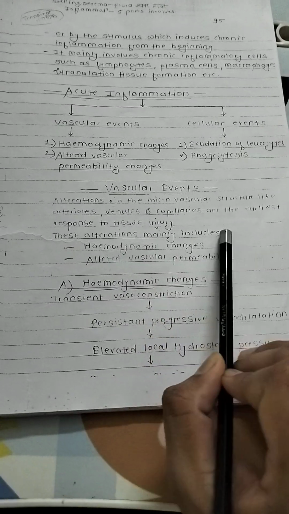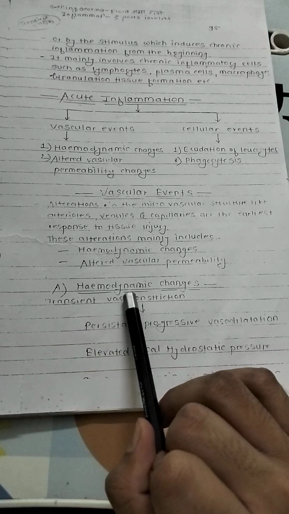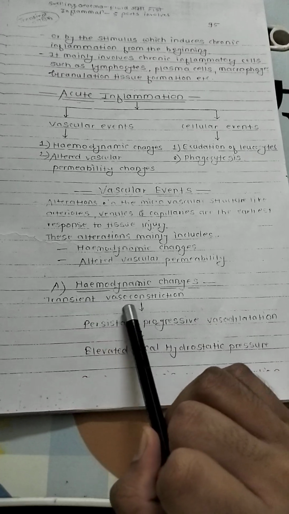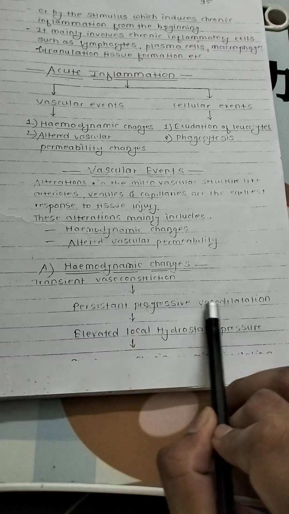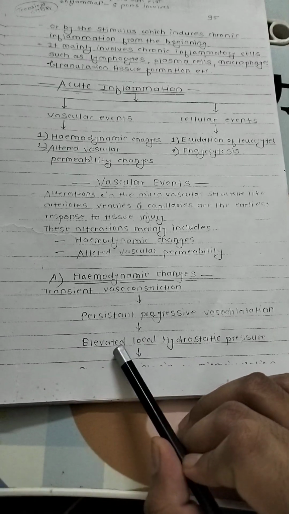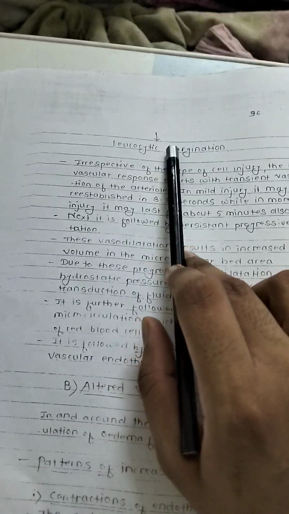These alterations mainly include hemodynamic changes: transient vasoconstriction, persistent progressive vasodilation, elevated local hydrostatic pressure,